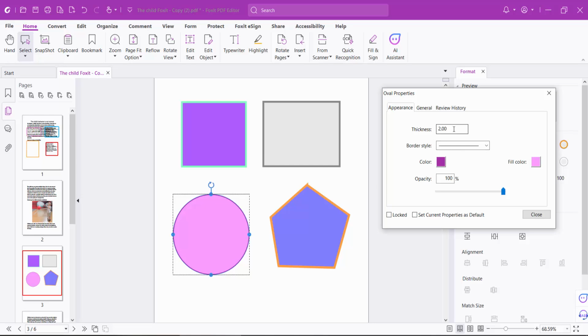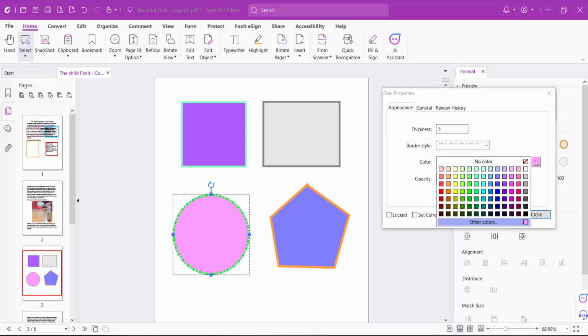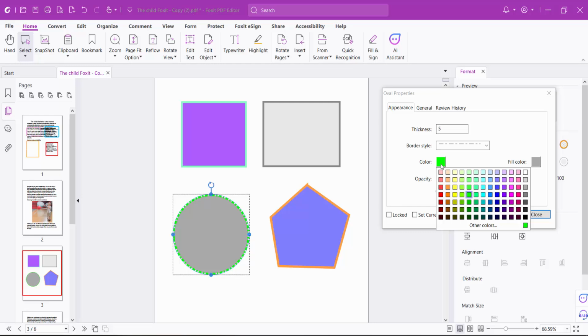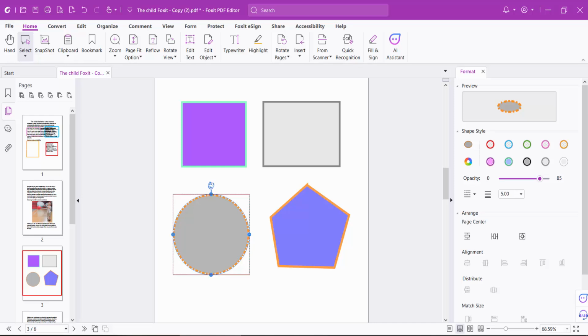In the properties option, you can change this shape border thickness, increase or decrease here, make it 5, and you can also change the shape border style. You can change the border color, this fill color, and its transparency. You can also rotate this shape and increase or decrease this shape size if you want, and see this,